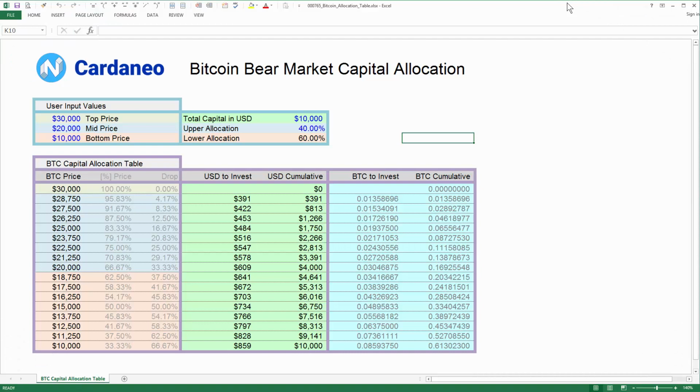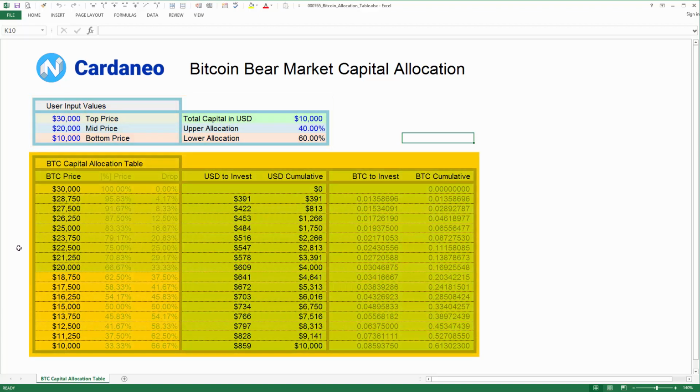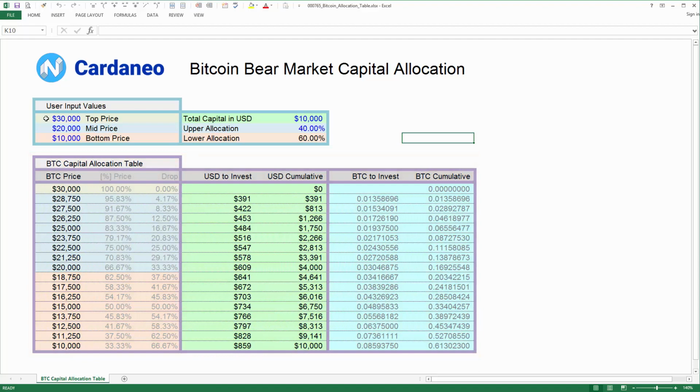Okay, so let's have a look at this spreadsheet. The top of this table is user input values, whereas the Bitcoin capital allocation table is on the bottom. As a user, you're expected to enter your values only in those cells where the text is blue. You don't really need to change anything, as these default values are meant to give you the scenario that I